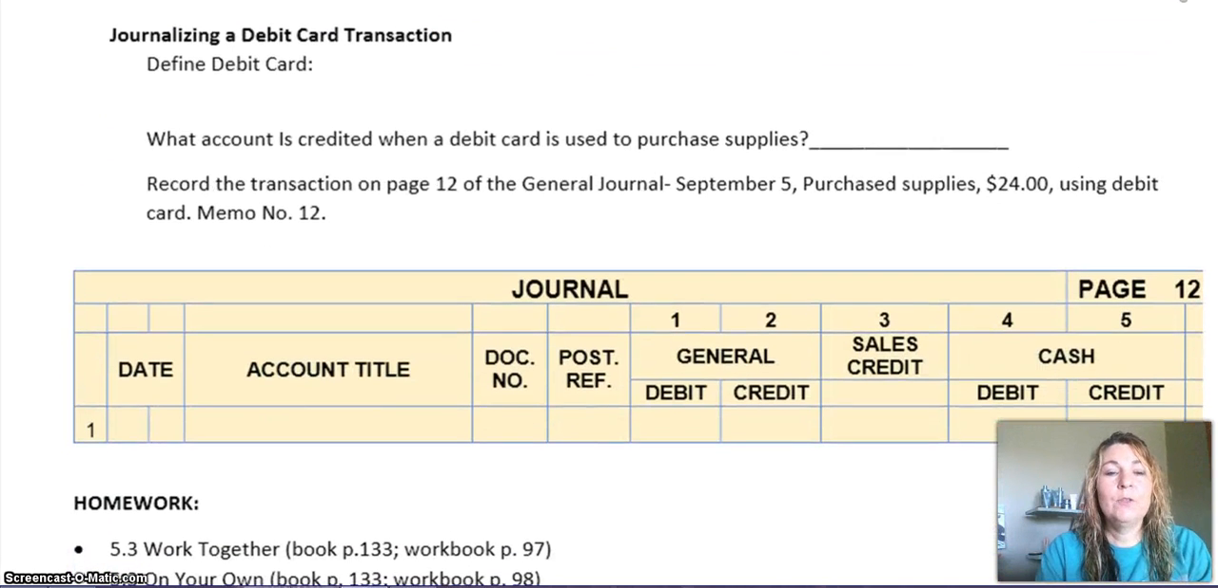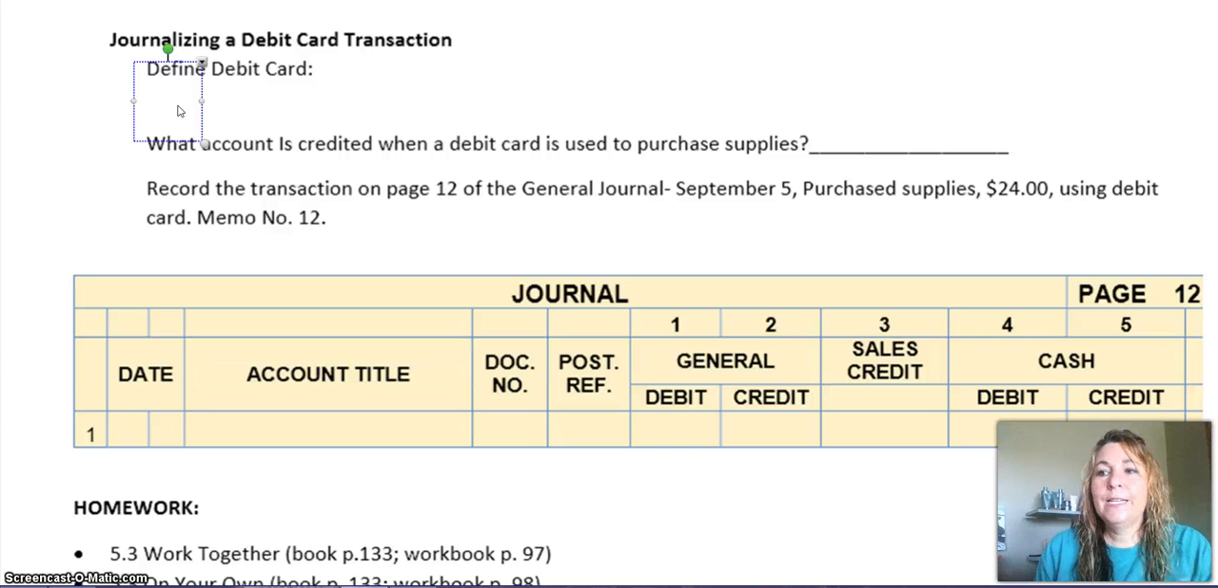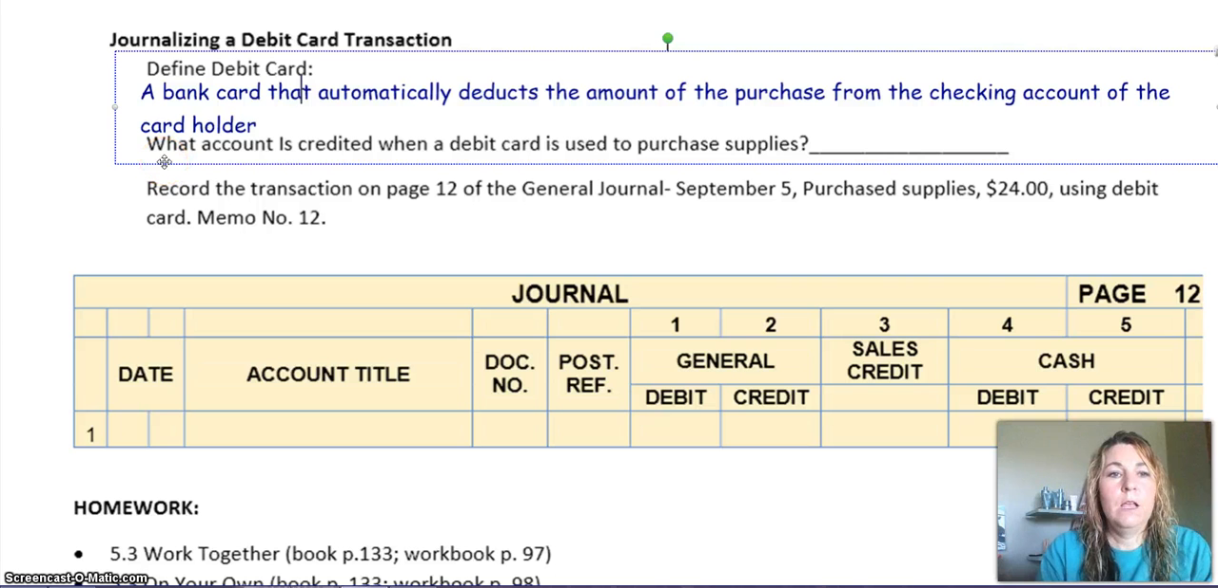Okay, similar to an electronic fund transfer is a debit card. So a debit card, so define a debit card: a bank card that automatically deducts the amount of a purchase from a checking account of the cardholder. So the debit card is the bank card that automatically deducts the amount of the purchase from the checking account